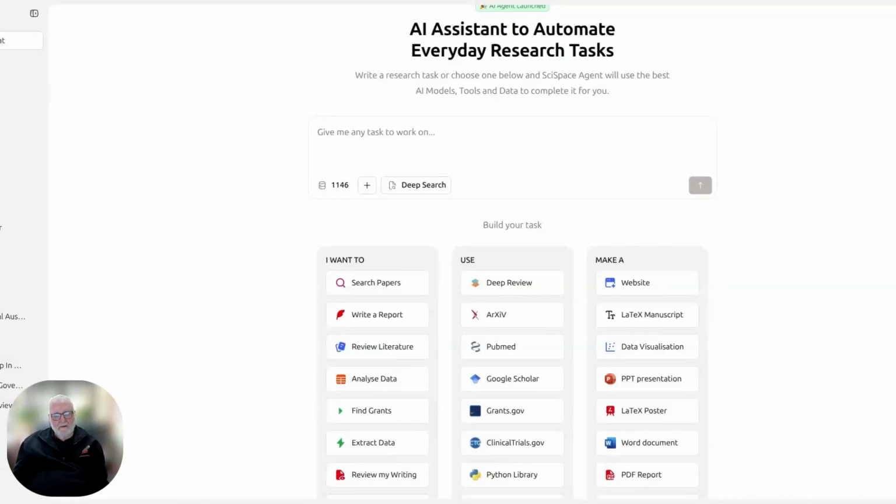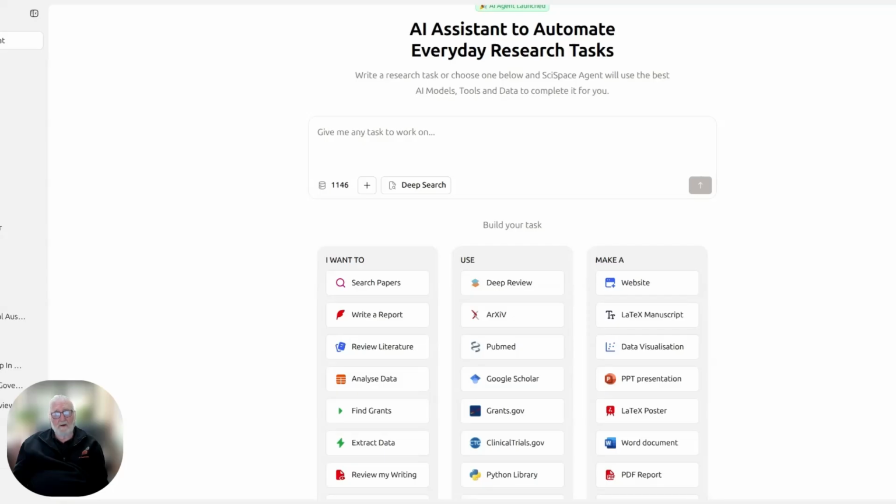G'day there. Now, if you're like me, you'll be spending hours with your research, combing through heaps of databases and search engines to try and find literature, ending up with 300 results that you might have to go through and then running into paywalls, etc. Today I'm going to talk about SciSpace, and it's one of my favourite tools that I've been using